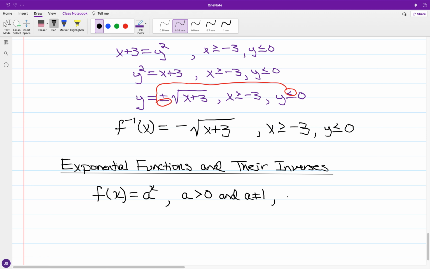And f of x is going to be a positive value. And for what we have in the introductory case, if I'm looking for the inverse of this function,